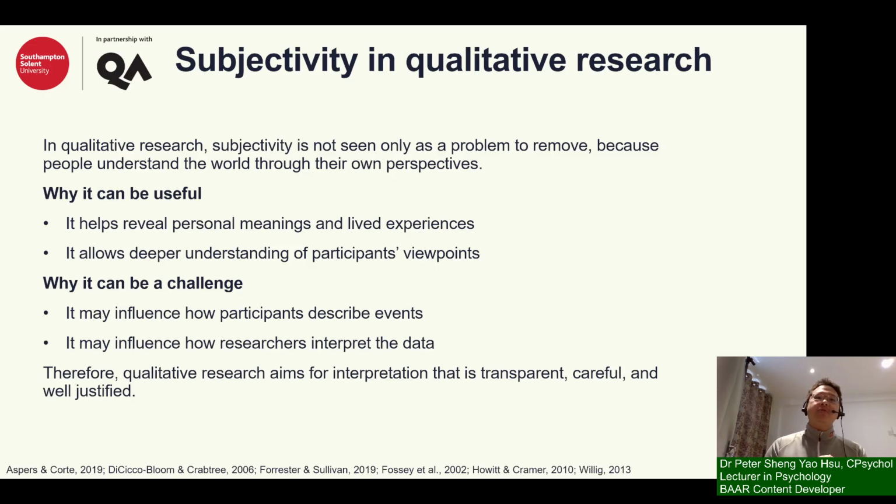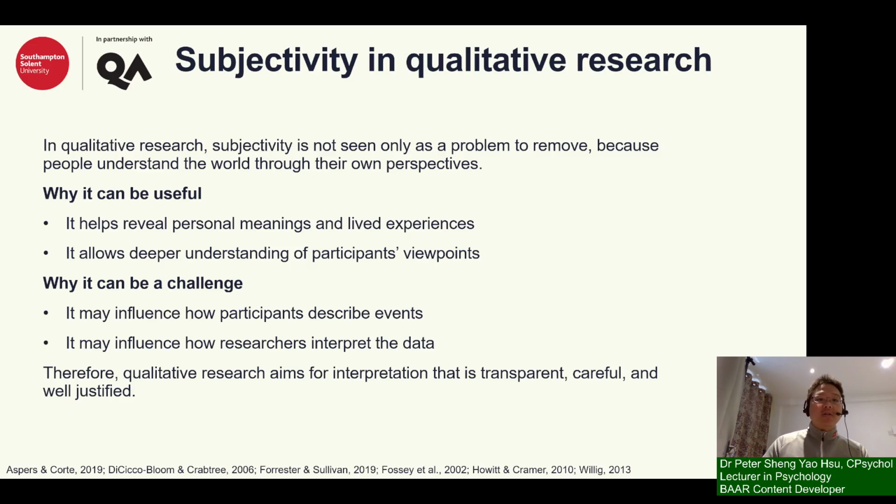Another student may emphasize their independence because they feel they should be able to manage without supports. So researchers may also interpret data through their own assumptions, expectations, theoretical backgrounds, or personal experience. For example, if a researcher has also returned to education as a mature student, they might assume that another student's experience is similar to their own. That assumption could help the researchers build rapport, but it could also lead them to overlook differences.